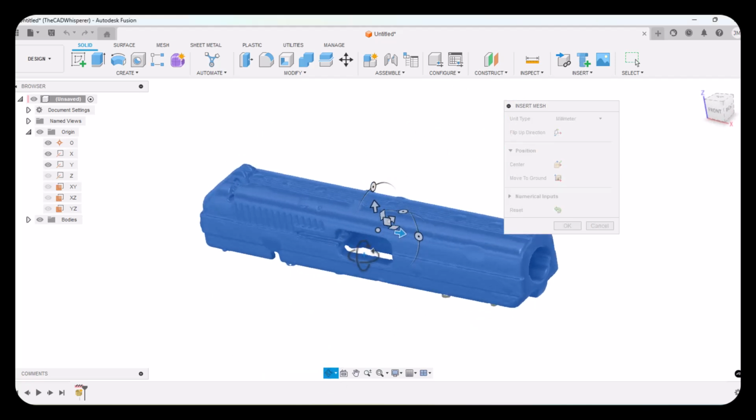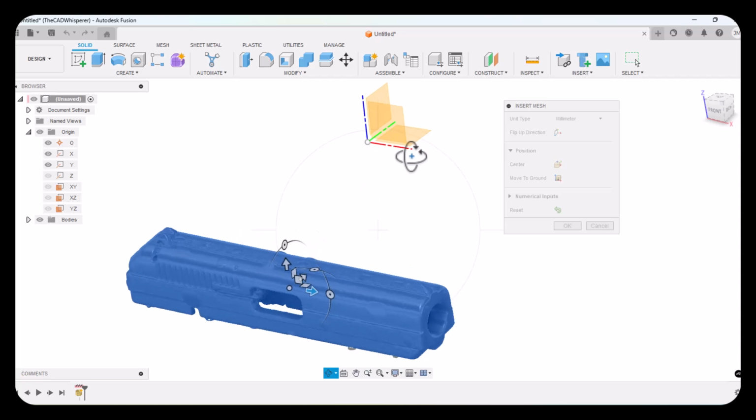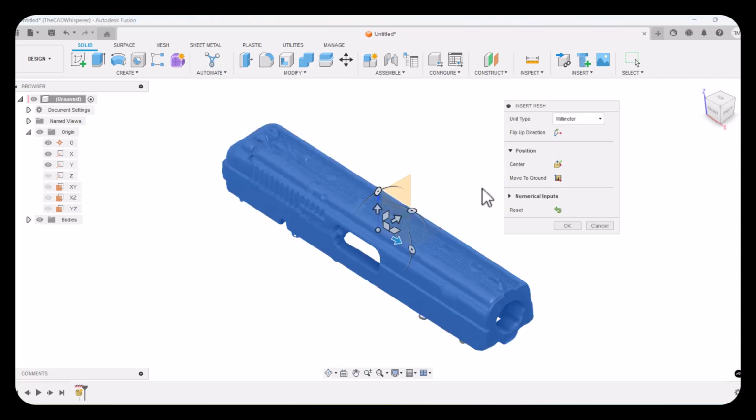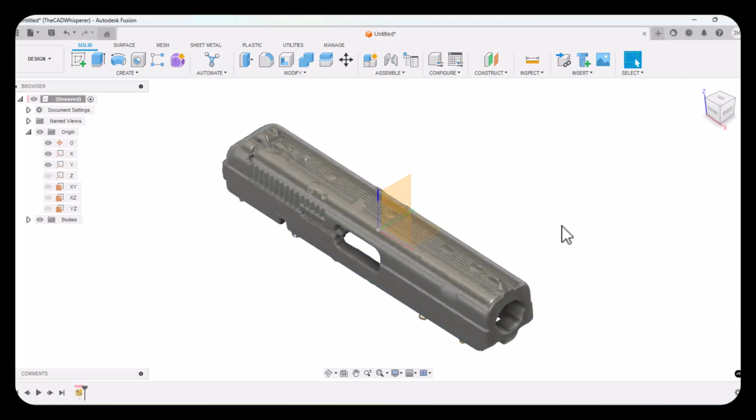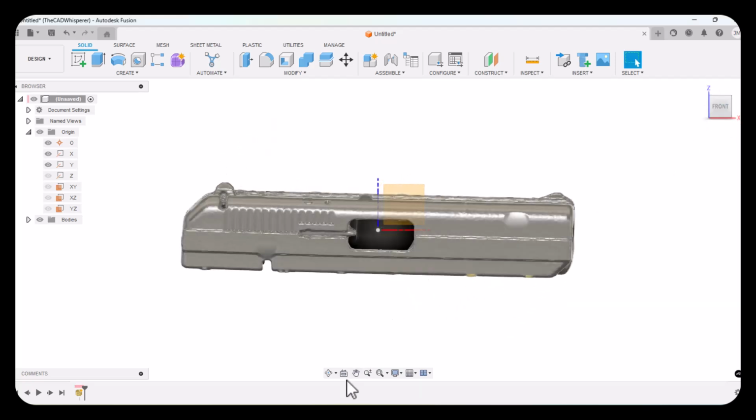If I rotate around, I see that origin goes flying off in space. I want to center it around that origin, so I'm going to do center, and now the origin is in the center of the geometry. Sometimes it can be a long ways from the geometry. I'm going to say OK to that, and so here we see our